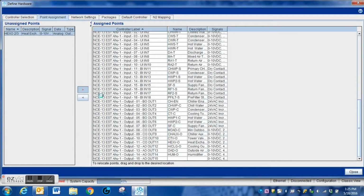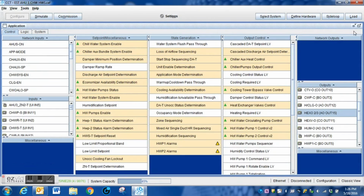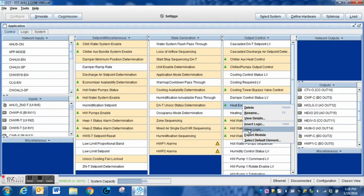So I highlight the point that I just created. I press the right arrow button, and you can see that it populates it on the system exactly where we want it to. And that is where we will be landing the wiring for that. So I'll close that window out, and what we've got to do is modify the control program. I'm going to maximize this screen just a little bit, and this is the logic block that controls the hardware outputs. What we need to do here is to view the logic,